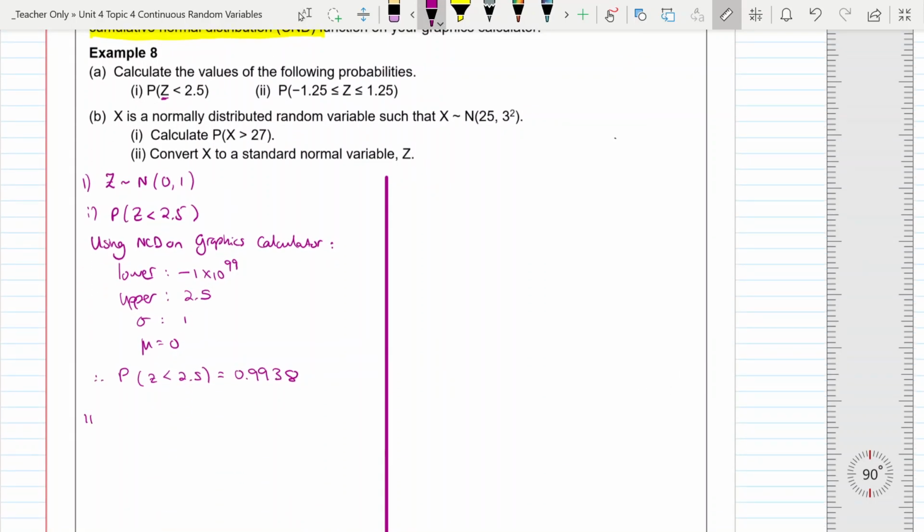Alright, so for the next one, probability of negative 1.25 less than or equal to z less than or equal to 1.25. Alright, again now we've got a lower and an upper. We don't have to worry about going to infinity. Remember that less than or equal to and less than are treated the same when we're working with continuous random variables, because we can't find an exact value. So using NCD on the graphics calculator,